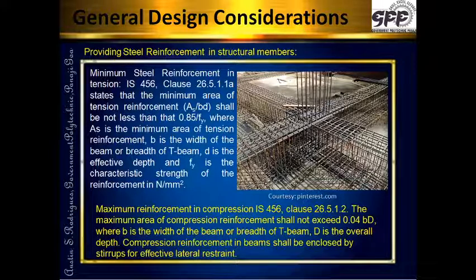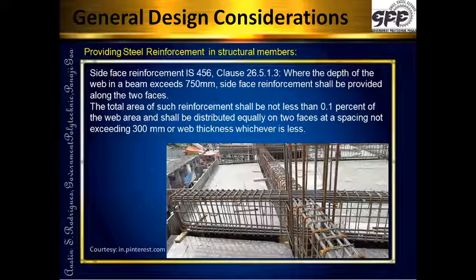It leads to honeycombing because the concrete does not seep in properly. The compaction cannot be done properly, and many a times we find honeycombing in this region. As a result of honeycombing, there is strength loss, less bonding, all different sorts of problems can be envisaged. So as far as possible, never try to touch this maximum limit which has been put by the code of 4% of the gross dimension. Coming to another one,